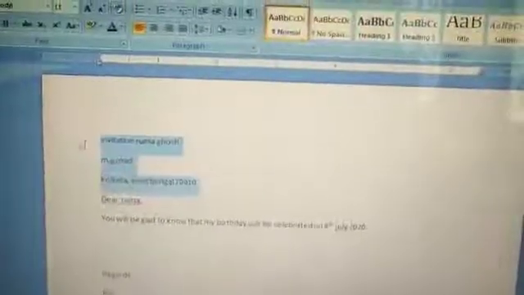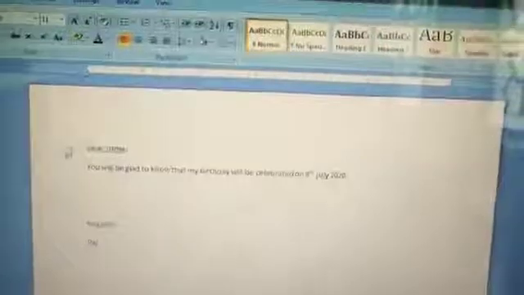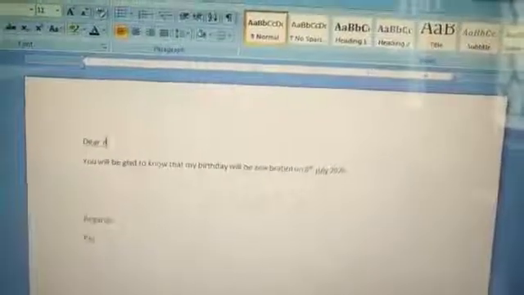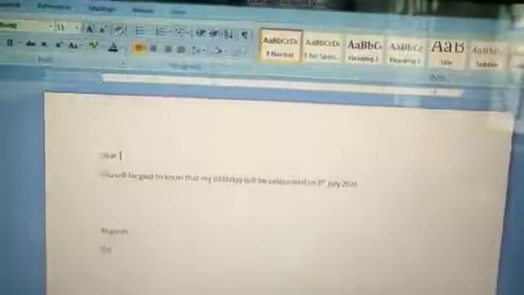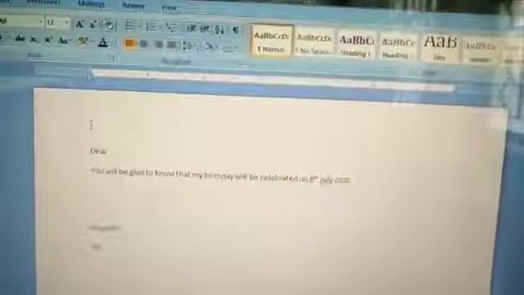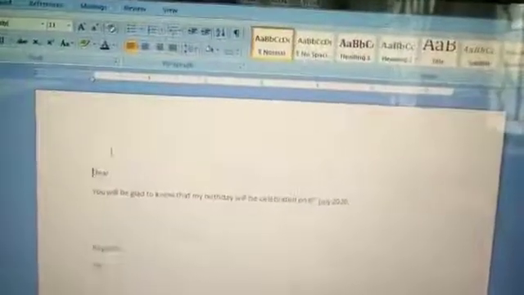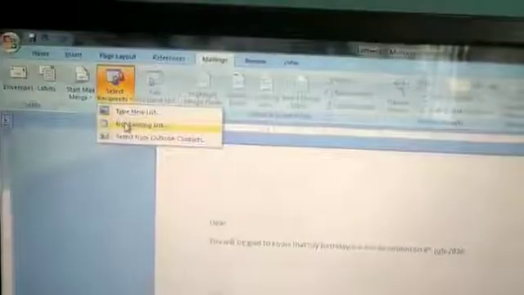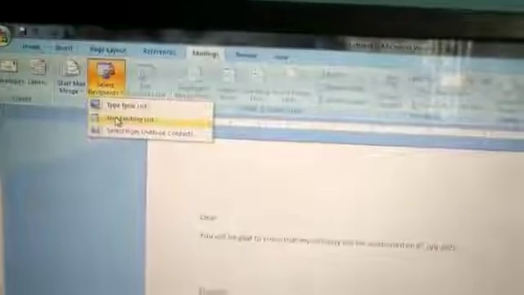Now I am going to show you how you can do these things using an existing list. I already have some lists over here. Going to the Mailings tab, Select Recipients, this time we are choosing the option Use an Existing List.